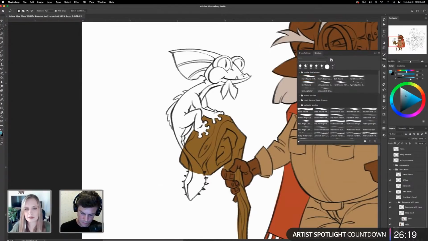That's the beauty of clipping masks too, is that you can just throw one color down on one layer, and if you don't like that color, you can just lock the transparency and go over it with a brand new color. I do that a lot for my work. I use clipping masks a lot, and most of the time I'll just start throwing down colors and they change throughout. I'll go over it with a huge hard round brush and change the color and just experiment as I go. Yep.